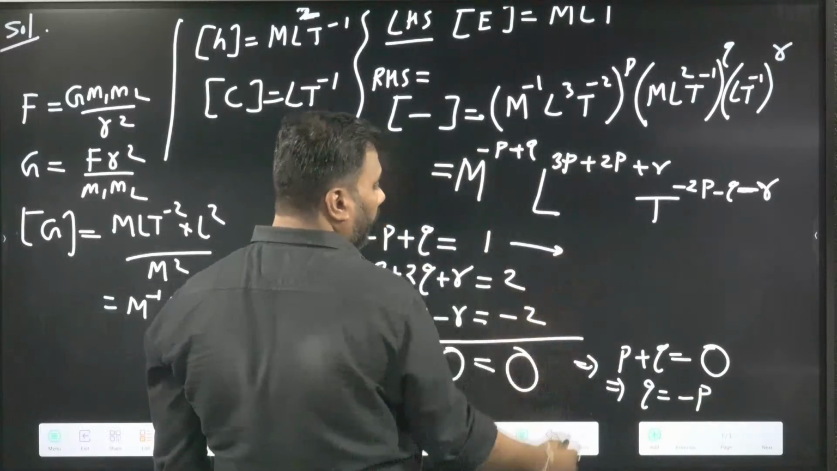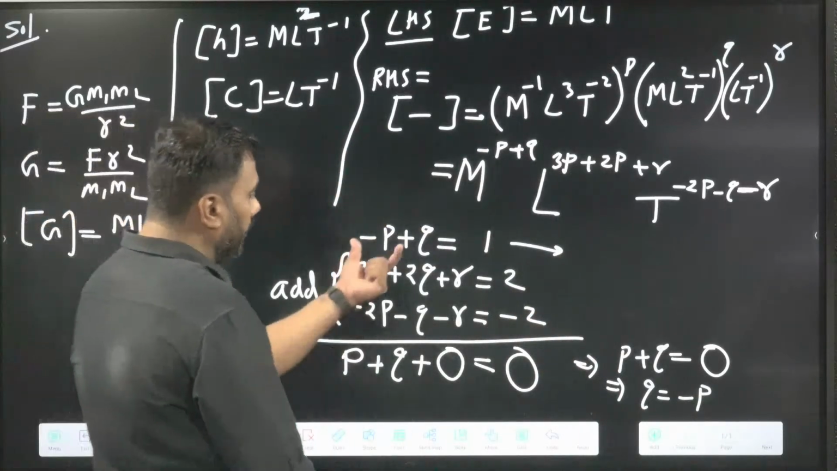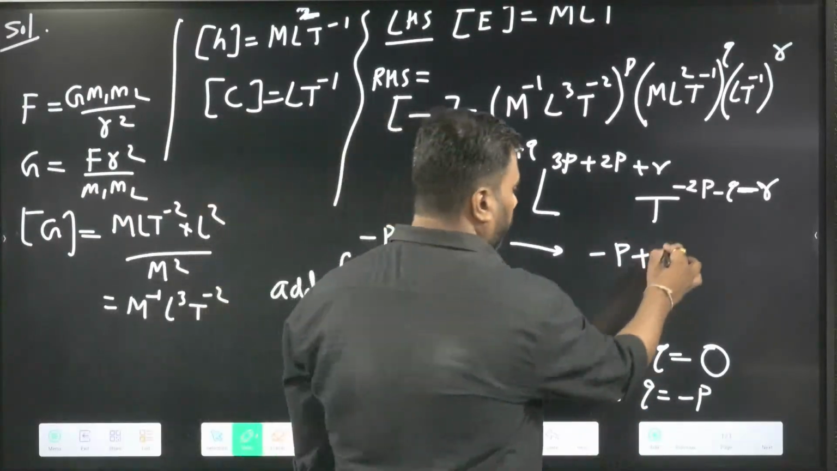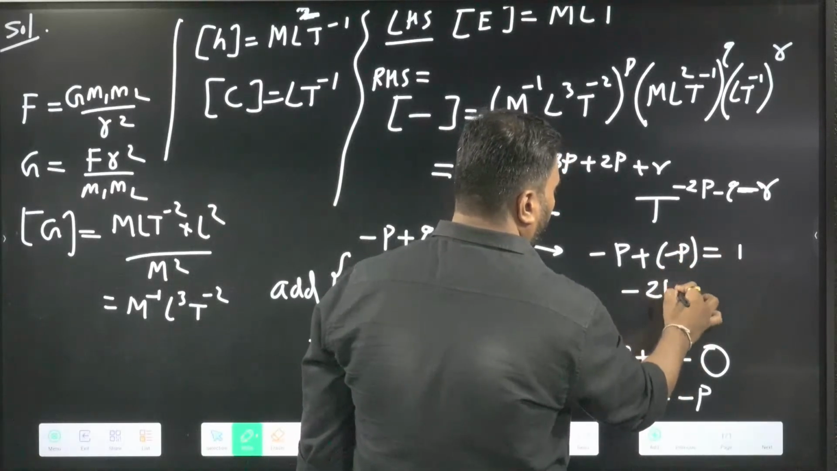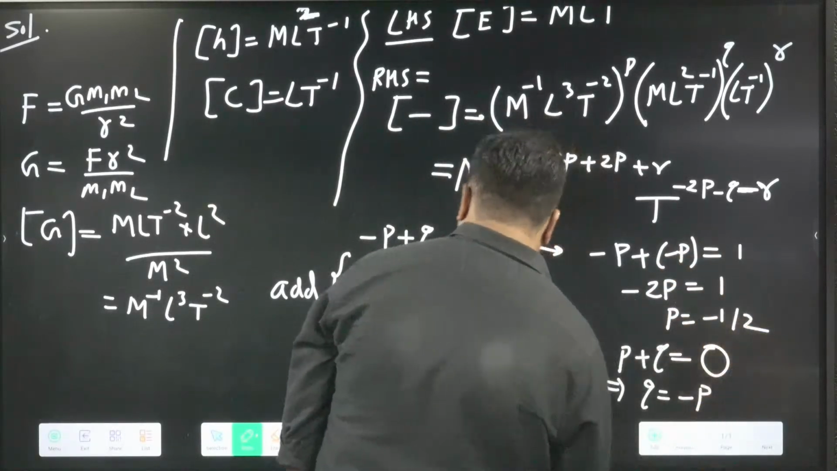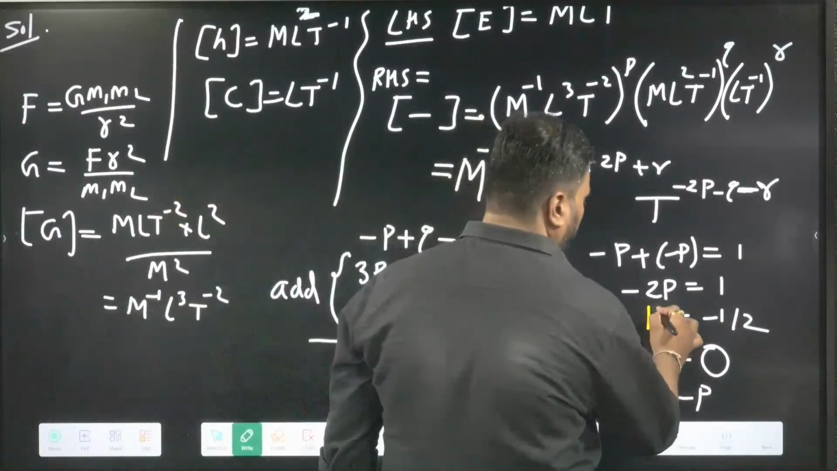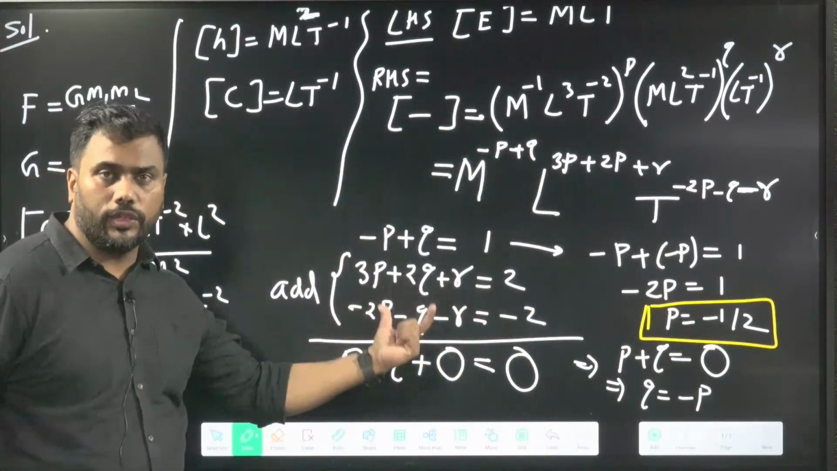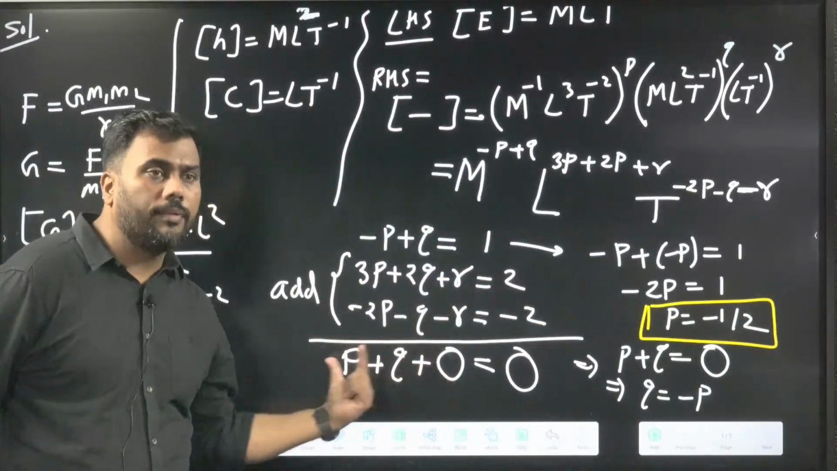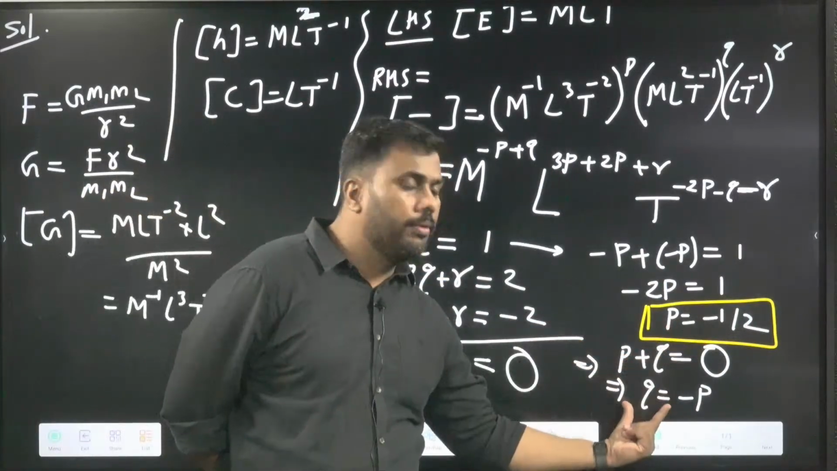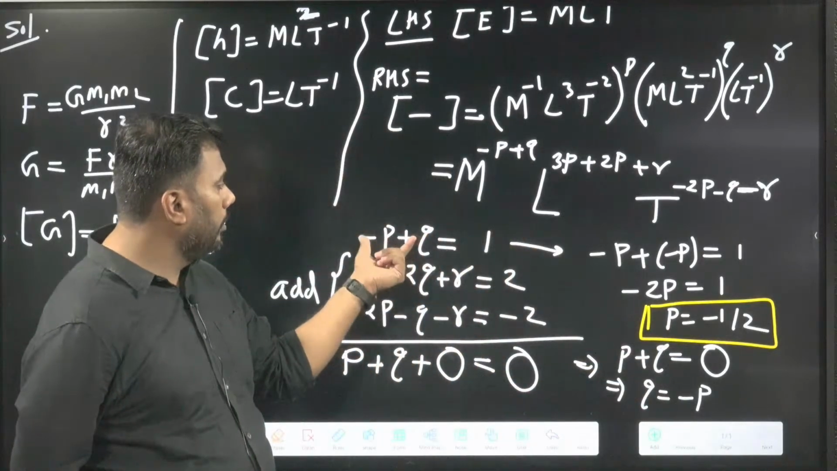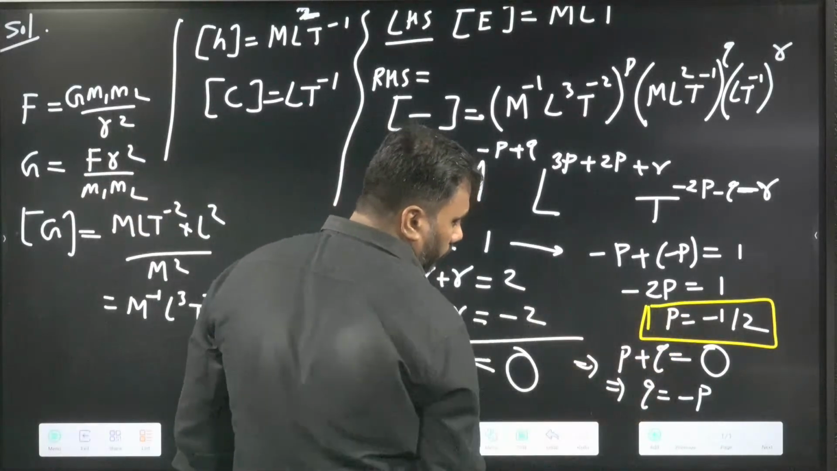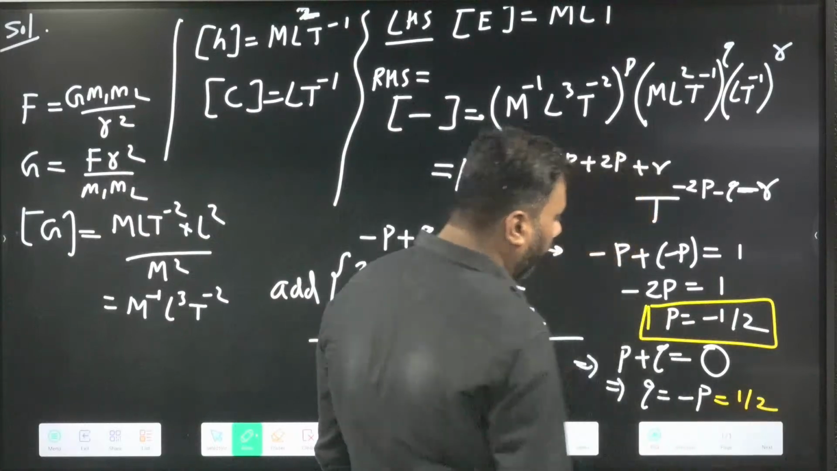I can substitute that in the first equation. My first equation is minus p plus q. Q is minus p, so that is minus 2p equal to 1. So p equals minus 1 by 2. This is the value of p. By adding the last 2 equations to eliminate r, I got p plus q equal to 0, so q equals minus p. Substituting that here, minus 2p equals 1, so the value of p is now known. If p is known, q is also known, because q is just the negative of p. It should be plus